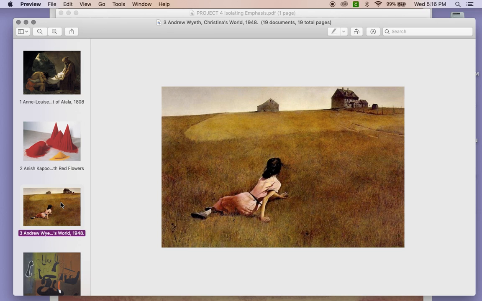Isolation is sometimes called alienation, but describes that emphasis that's achieved by physically separating something. So this work is one by Andrew Wyeth, and it's called Christina's World. It's a watercolor painting, and it was done in 1948. It's a really great example of isolation being emphasized on a